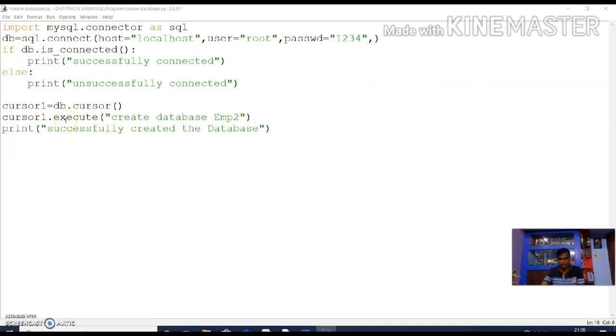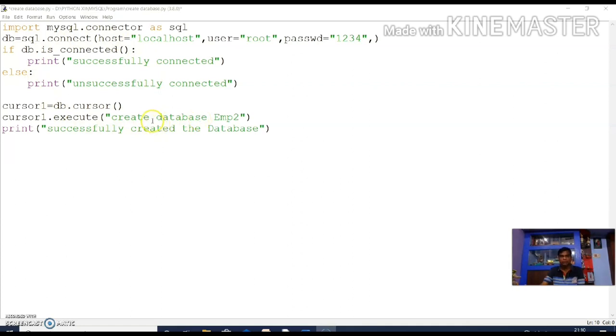Whatever query is written inside the execute function's parameters, the cursor executes it. Finally, I have written a message: successfully created the database. I am printing one message if the database is created or the query executes correctly. Whatever message you give in the print statement will come. So in this way, you can execute MySQL queries through Python.